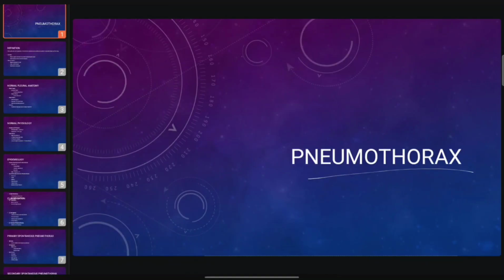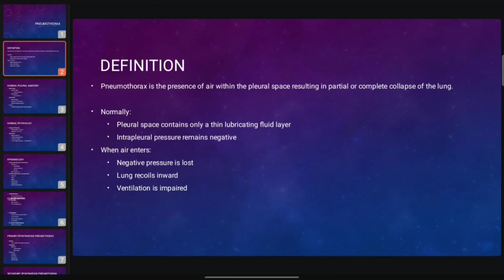Guys, so today we are going to discuss a very important topic, which is pneumothorax. What is pneumothorax? Pneumothorax is the presence of air within the pleural space, resulting in partial or complete collapse of lungs. Okay, normally what happens there is a pleural space contains a thin lubricating fluid layer, and this creates a